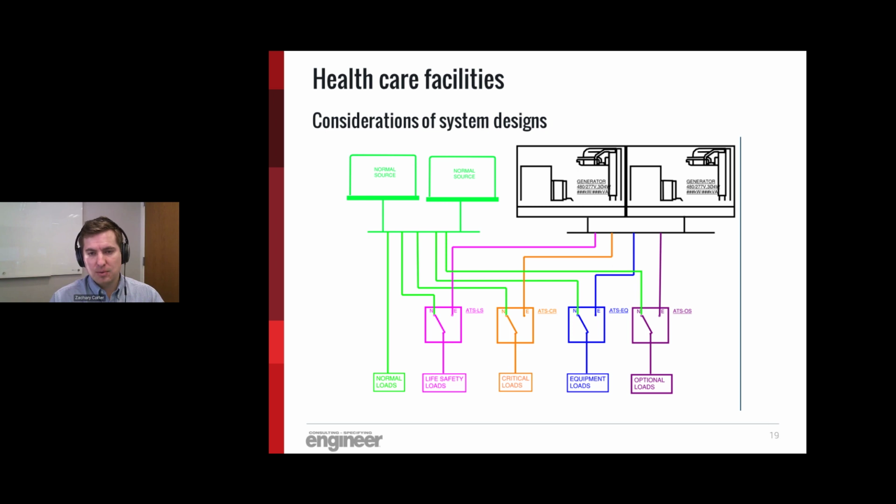Make sure we're keeping the physical separation of these different feeds as they enter the building and distribute throughout the space. The best example I can give is 2 normal utility feeds into a main tie main arrangement, and then we have a duct bank that goes and distributes to a campus. If those arrangements were within the same duct bank and the same manholes, should there be a fault